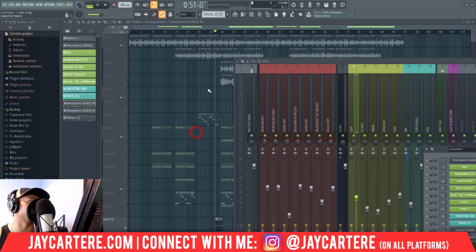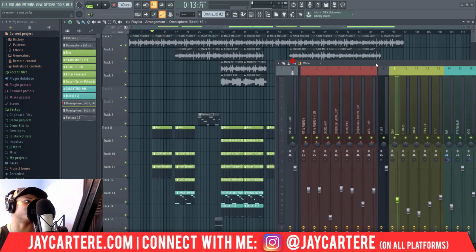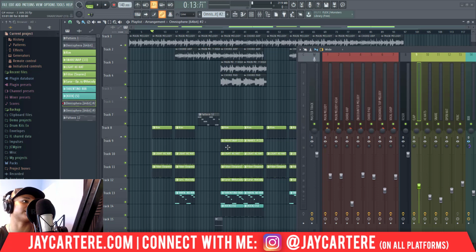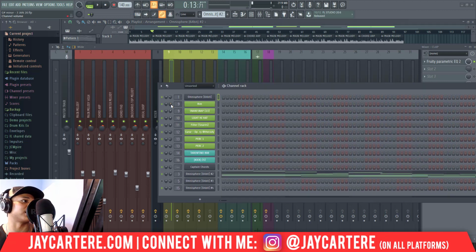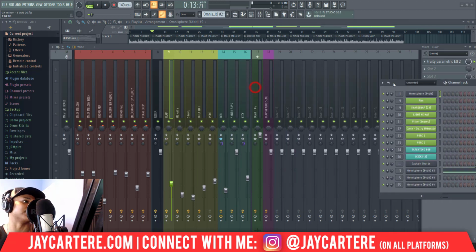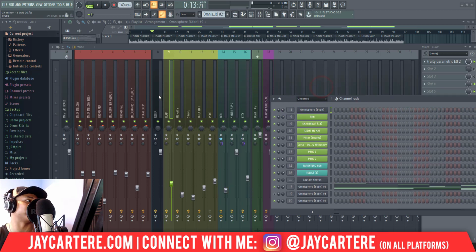So I like to use rims. I like to start with a rim and then bring in a rim and a snare in the chorus. I usually like to make sure it's hitting, but I don't even edit this. I've just left it how it is in the template. So if you download the template, everything's going to be where it needs to be for the drums and whatnot. So I leave the rim there,